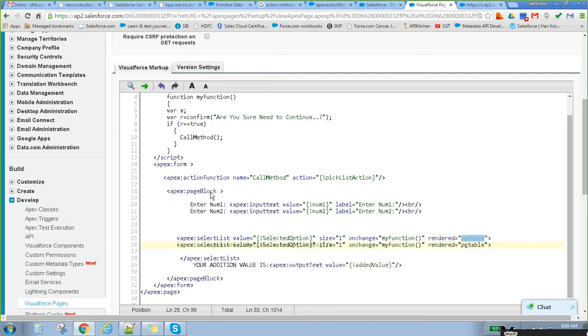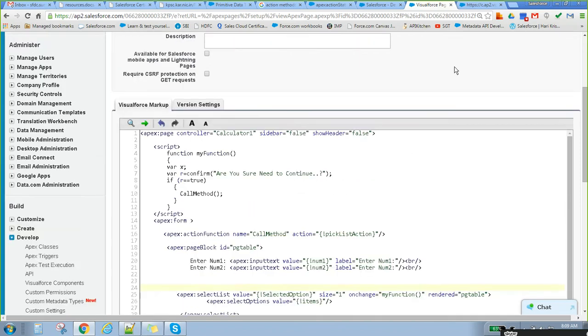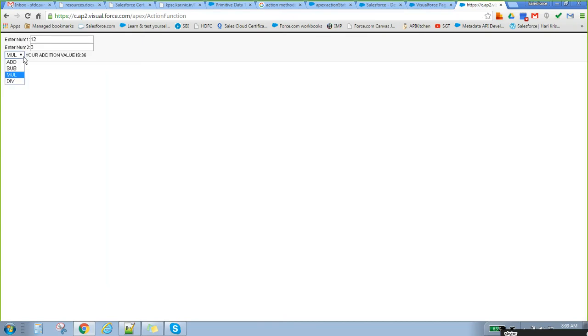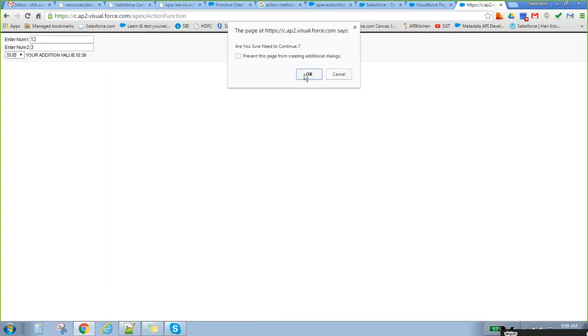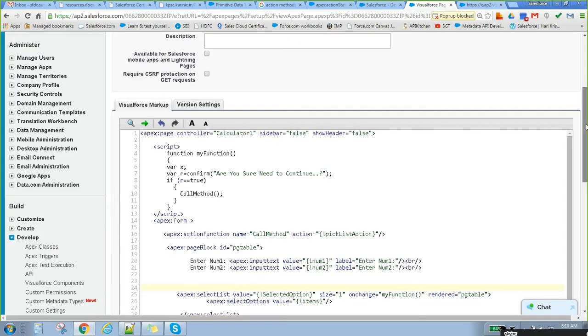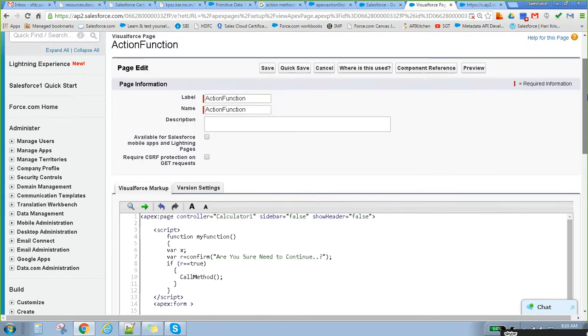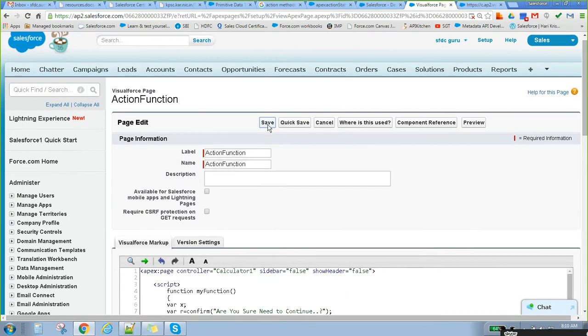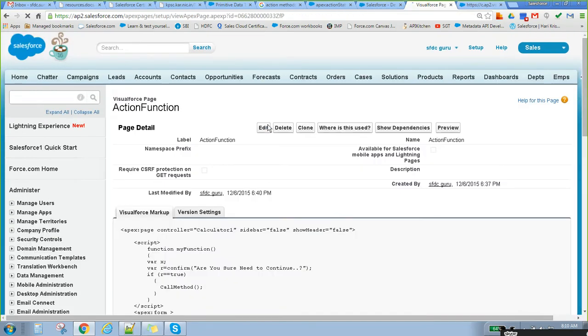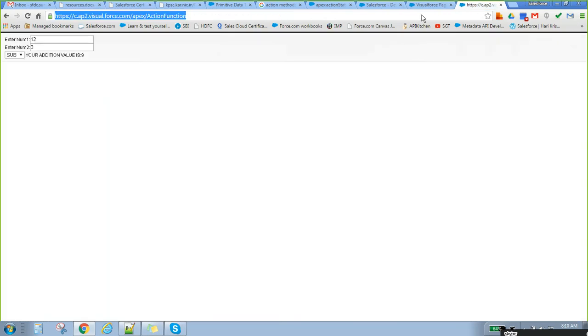I will explain what this is. If you observe this one, it is like refreshing the entire screen, right? Yes. In the sense, the browser page. If you say render tag, let's say if I refresh,